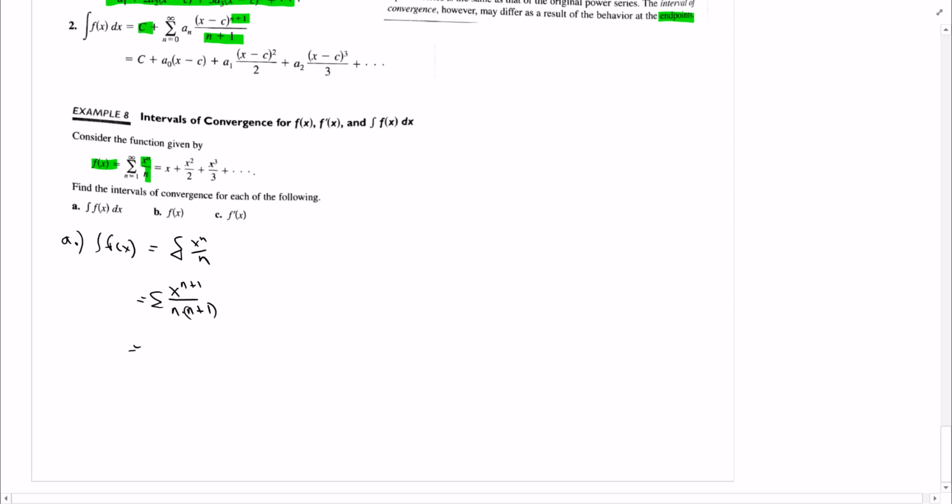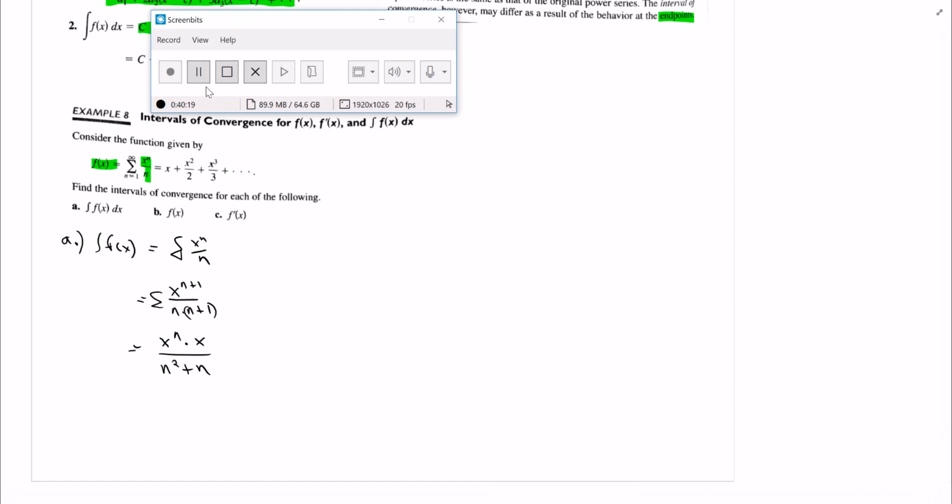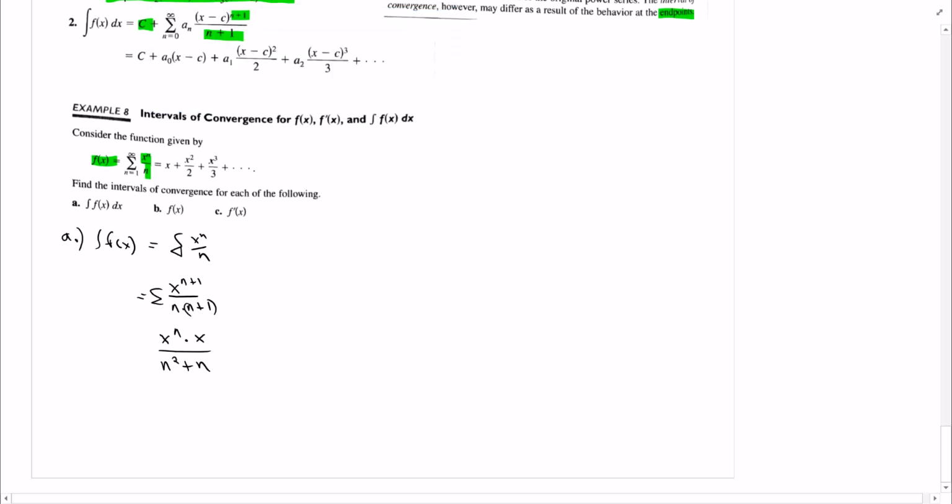And then this is going to give us x to the n times x over, maybe distribute, n squared plus n, right? Oh, and I should write the summation there still. Okay, so we need the summation here, and since we're integrating, we need a plus c as well, right? So we need plus c, and typically we write that plus c in the front, right? So the integral of f of x is going to be that,